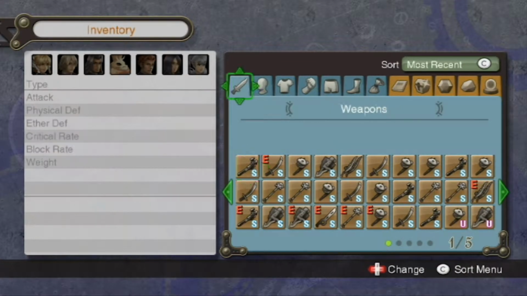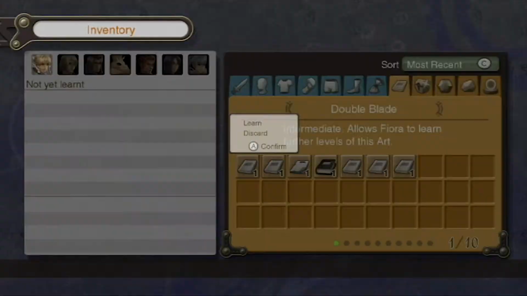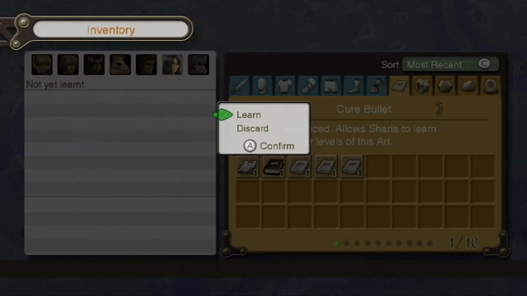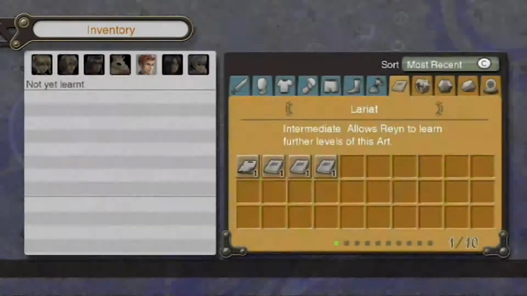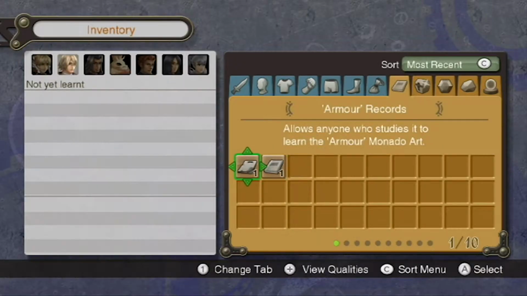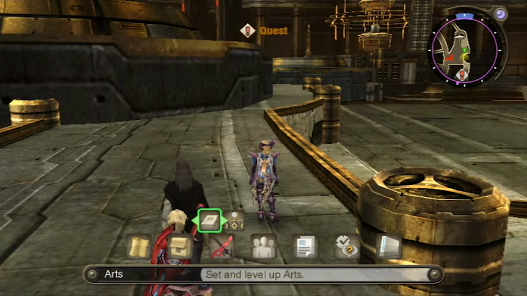Yeah, this is actually pretty good for a shot. Anyway, oh my god, I'm slacking. I'm sleeping on y'all. Anyway, yeah, I actually did buy some art books. So, yeah, I totally slept on that. Somehow we got the Cure Bullet art book. Not sure where from. But, you know, that works out. And we got the armor records. Which means we now have... If I can show this off...